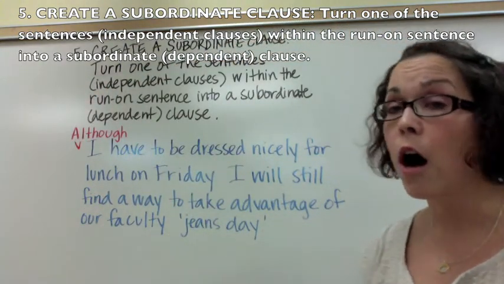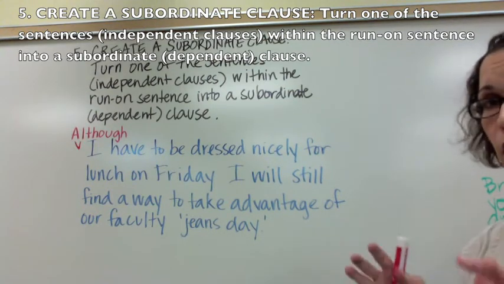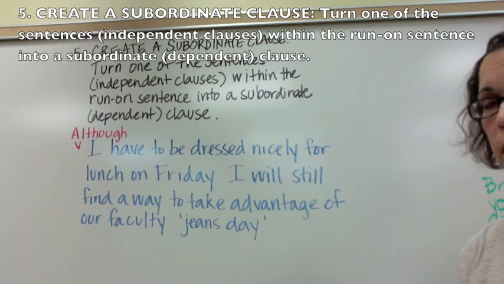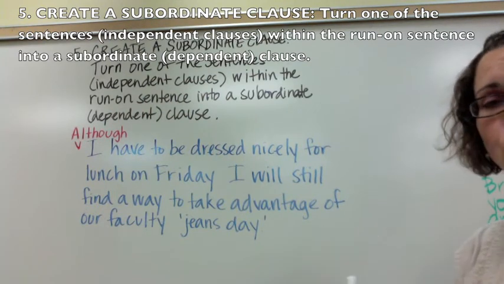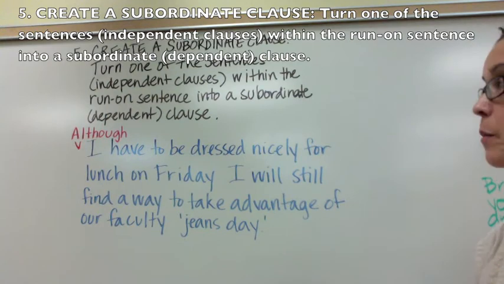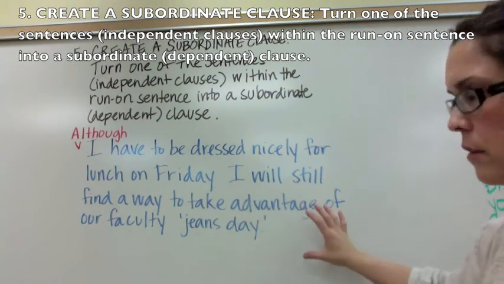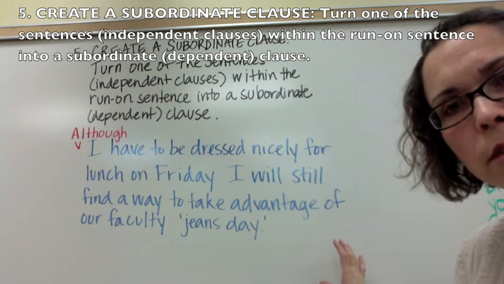Now, there's a long list of conjunctions that work exactly this way, and they are very different from one another. They don't all make sense in any one situation. But this one works fine here, because basically I have a contrast. I have to be dressed nicely for lunch on Friday. I still, as it says here, want to wear my jeans. So,